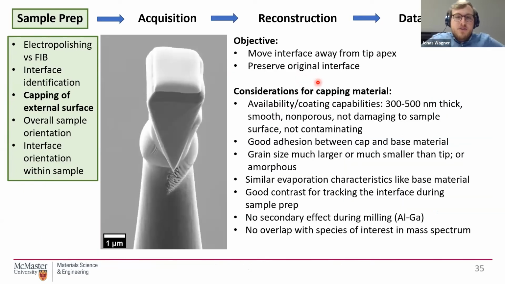Now I want to talk about capping material, and this is really something that proved to be crucial for me. When we talk about capping material, it's different from the material we usually deposit in the FIB to just protect the surface. There we usually use tungsten, something really hard, something that is not easily milled with gallium, something that will stop the gallium or any other ion you might use in your FIB from penetrating into a sample. But exactly those properties will make it difficult to run in the atom probe, right? It requires a very high electric field to be evaporated. If you have some tungsten left near a sample, usually you will experience fracture.